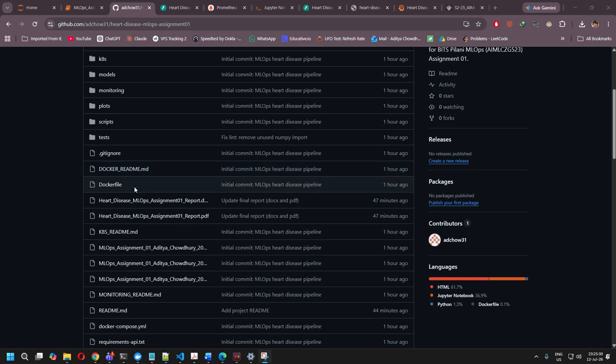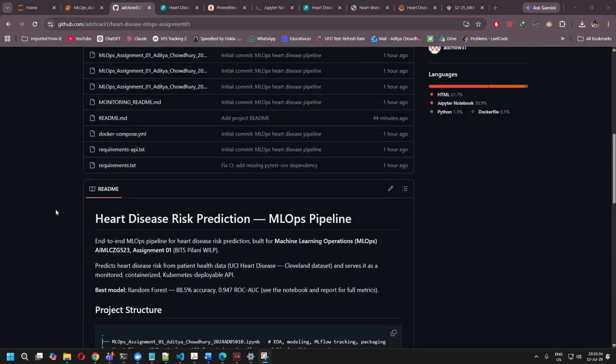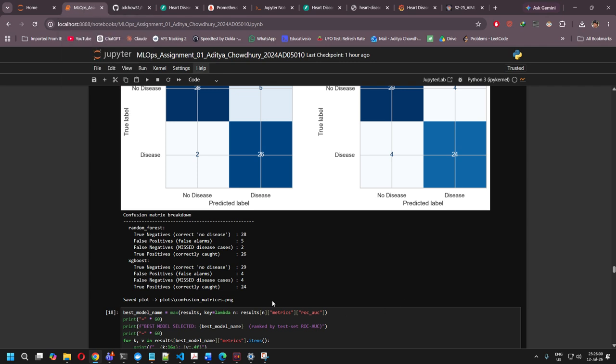I am walking you through each of these files, and the best way to go through it is the readme file. So this is my project structure. The important part of the project structure is the main Python file. This is the Python file which I am using. This Python file is mainly used for analyzing all of the data which I have and predicting whether a person has a heart disease or not. So let me give you a little bit of overview about this Python file.